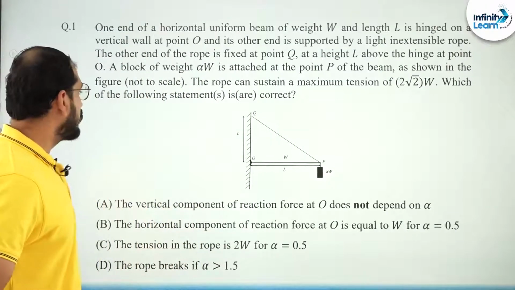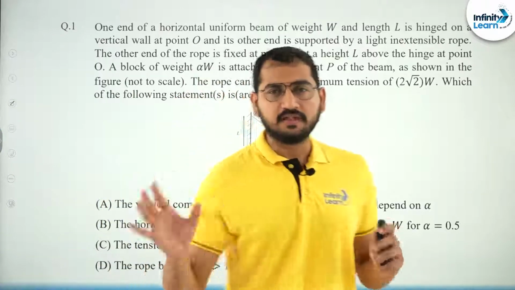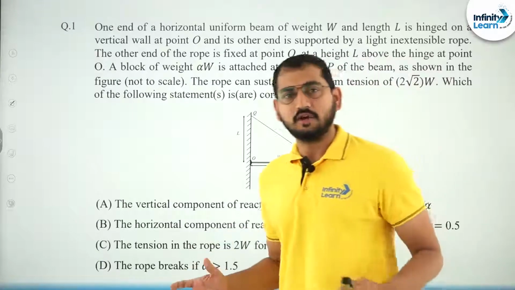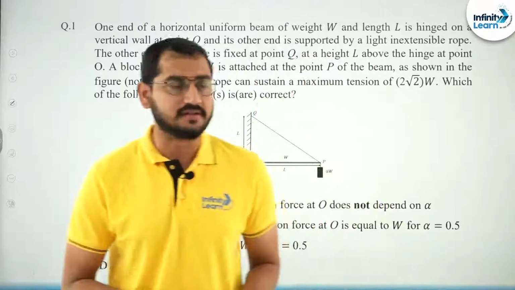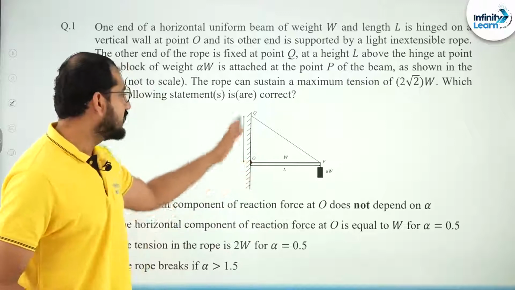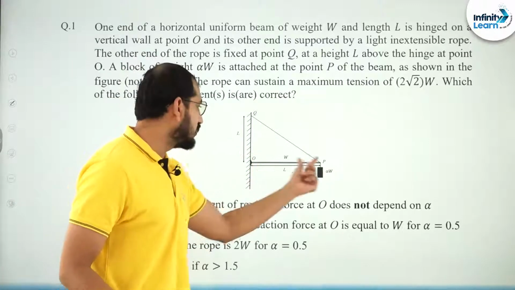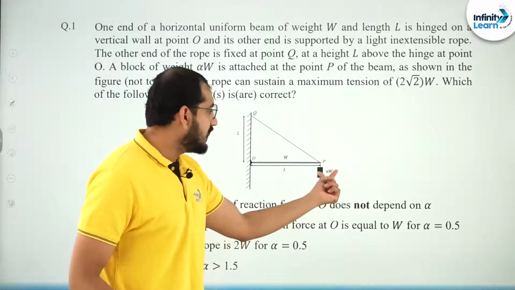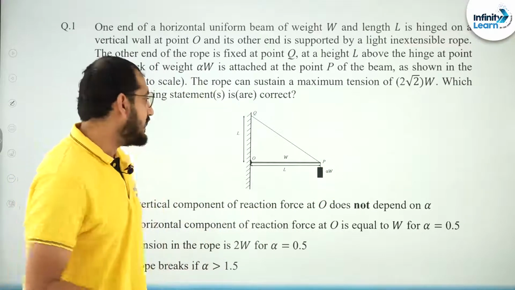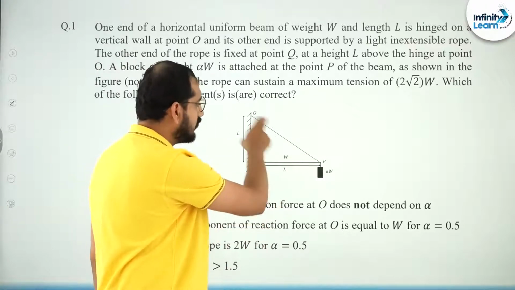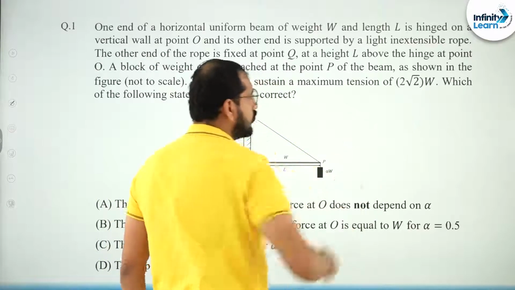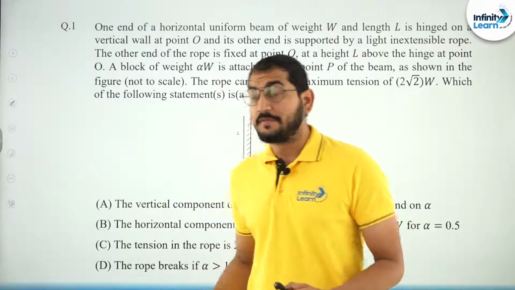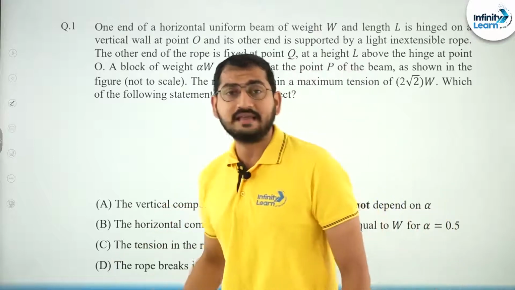So guys, in our first question, this question is basically from the chapter rotational motion, alright. And here the applications of translational equilibrium and rotational equilibrium are discussed. As you can see, there is a wall and along with this wall there is a rod, a string is connected there and a mass of alpha W weight is over here. Also the maximum tension which this string can withstand is 2√2 W, given. Now based on this information we have to discuss option A, B, C and D.